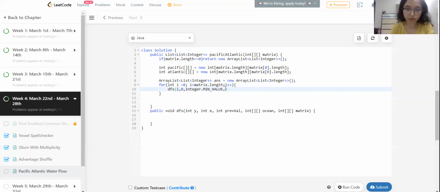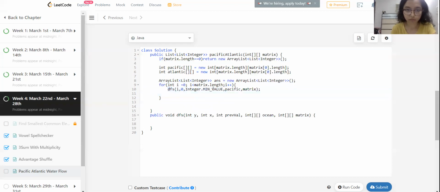According to this format, we have passed i and 0. The previous value is Integer dot MIN_VALUE, as we have nothing passed yet into the function. The ocean we'll select as Pacific first, and we'll pass matrix. Let's copy this. And instead of 0, we will write matrix dot length minus 1, because we need to start from the bottom for Atlantic.